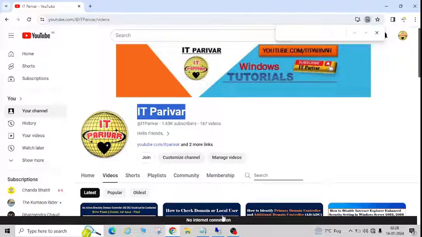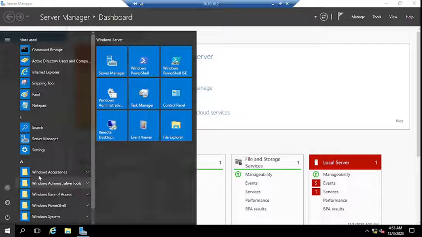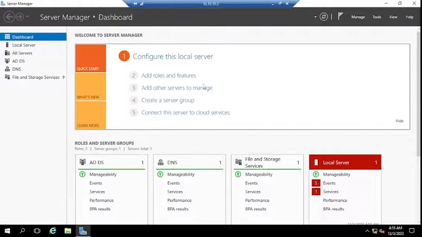Let's start now. Let me jump on my 2016 server. So you can see this is Server Manager, and to open this we have to click on the Start menu and then click here on Server Manager, right? If you are using 2016, okay. To enable the Hyper-V, you have to click on Add Roles and Features. So your Server Manager will open here like this,